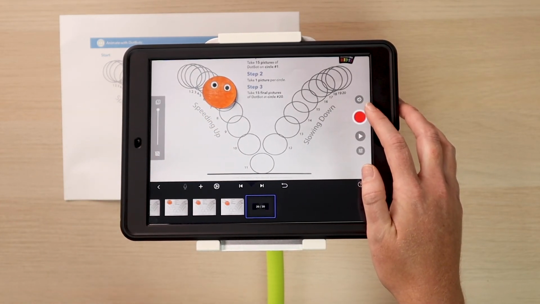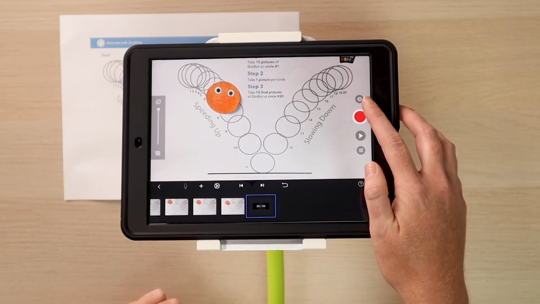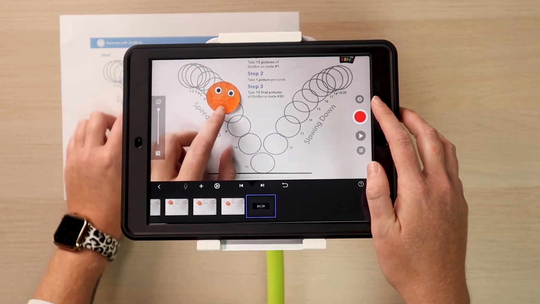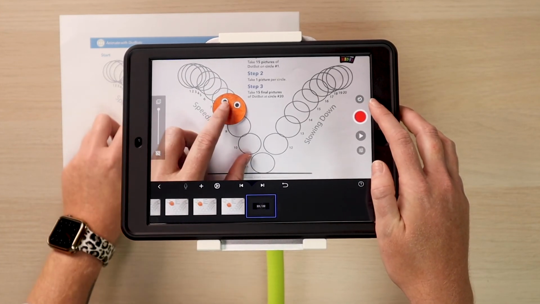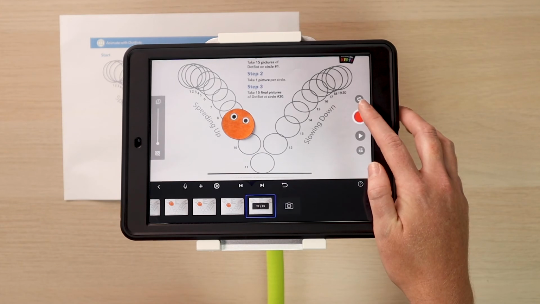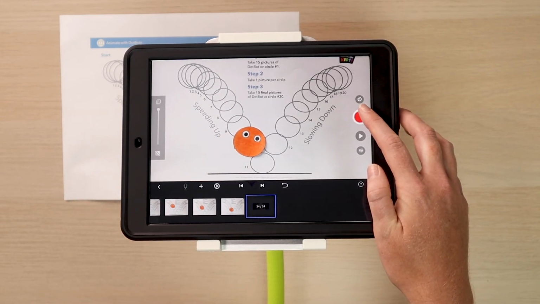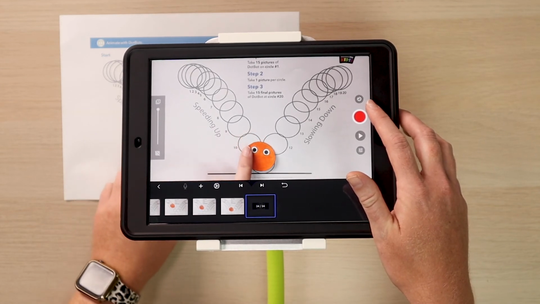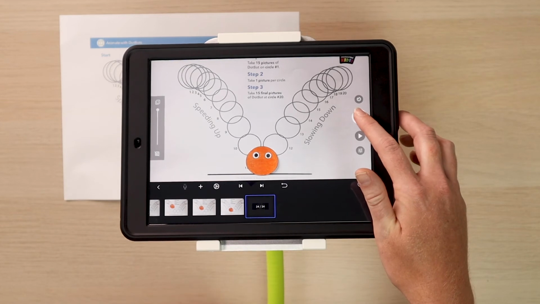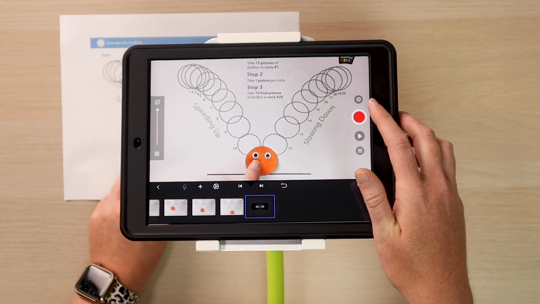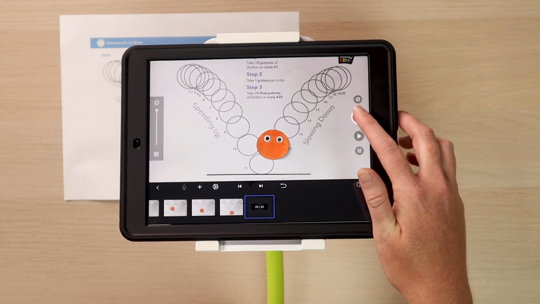There we go, we're almost halfway. As you can see, this is the speeding up side of the recipe. We're going to make our way all the way down to number 11. Okay, we made it to the bottom. Now we're going to start working our way up. So go ahead and continue taking one picture per circle.